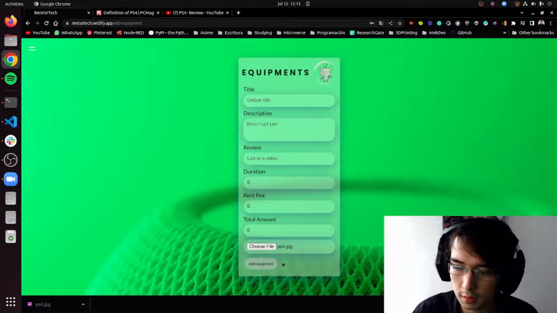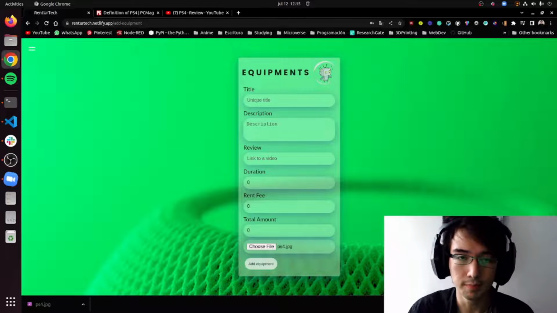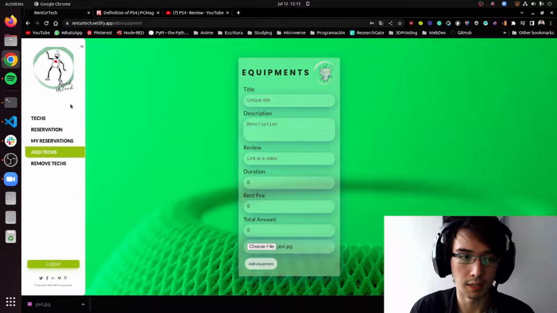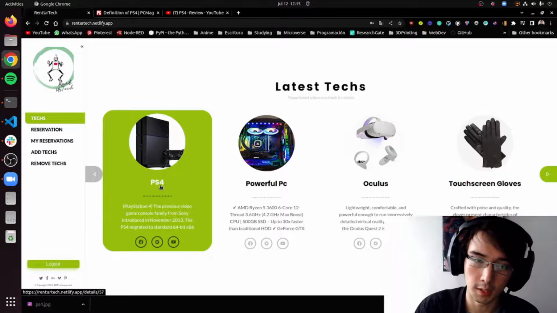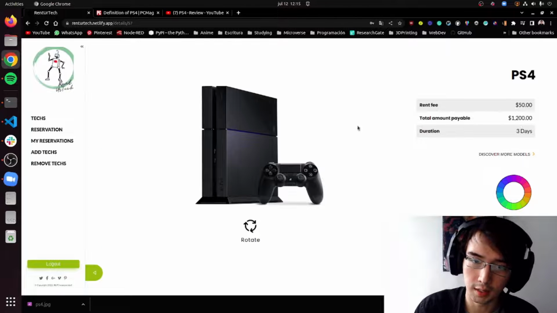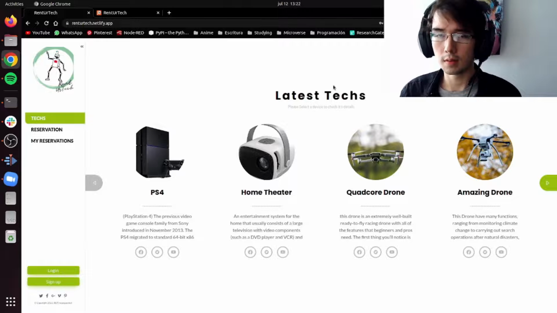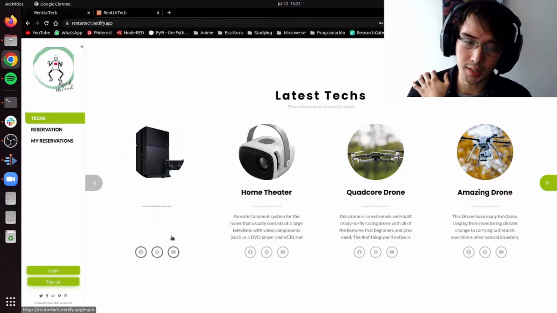Now, equipment created successfully, which means that we can now see it on the text page. You see the PS4 now, and you see the whole information of it. Okay, coming in, I didn't notice that